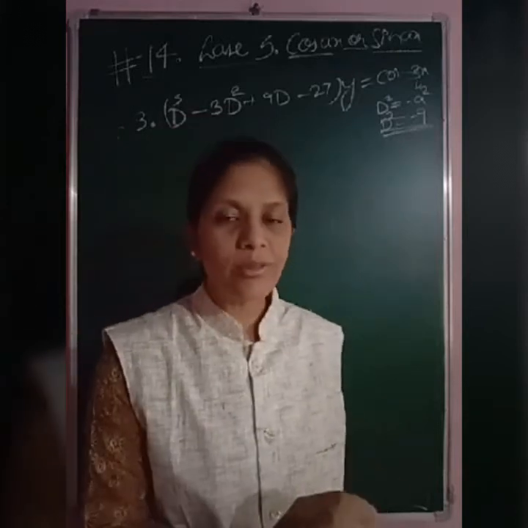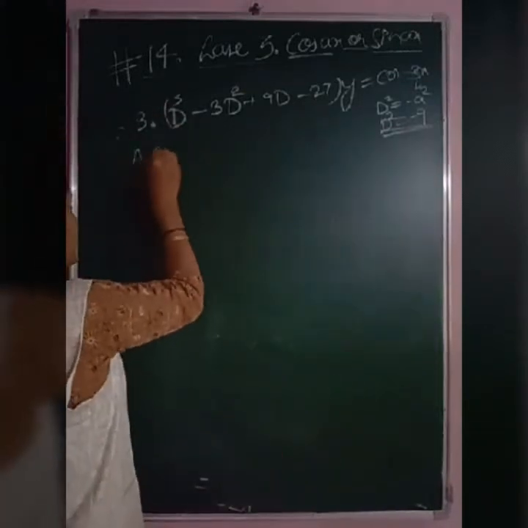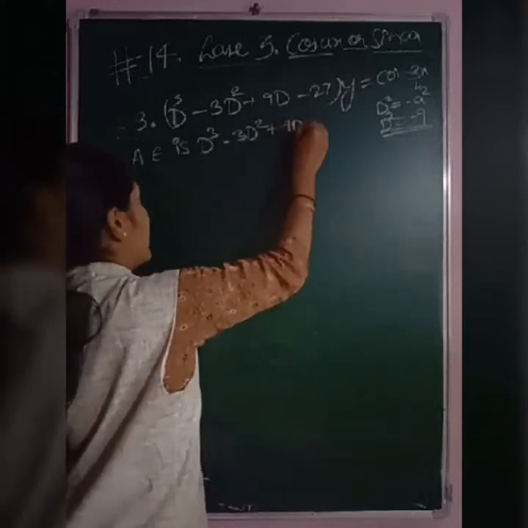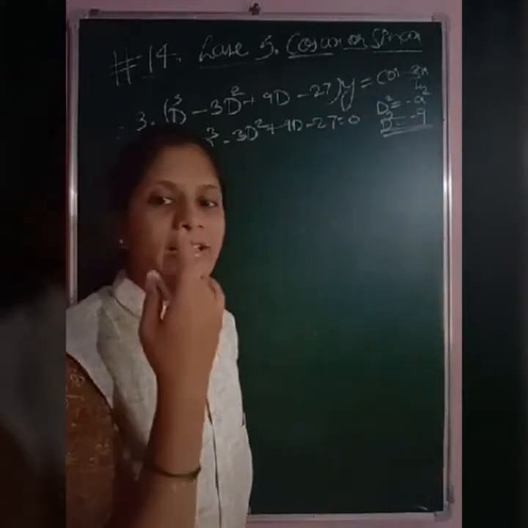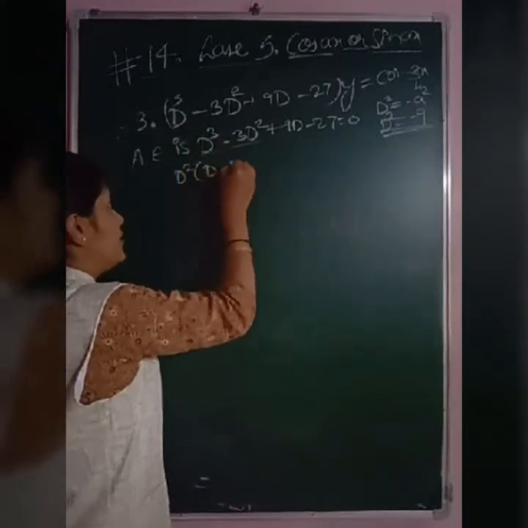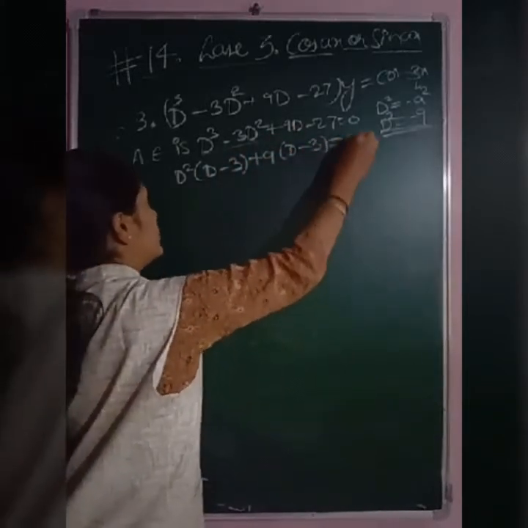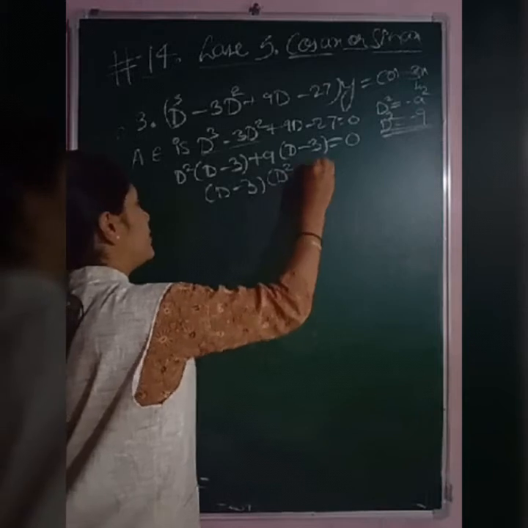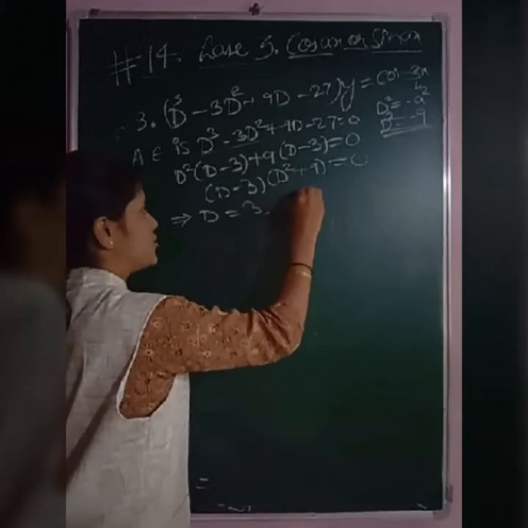So the complete solution is CF plus PI. Let us find CF. Let us consider the auxiliary equation. The auxiliary equation is d cube minus 3d square plus 9d minus 27 equal to 0. So here 4 terms are there. Easily we can take common. So let us solve for this. So in the first 2, d square is common, d minus 3, plus 9 is common, d minus 3 equal to 0. So what is this? Common is d minus 3, d square plus 9 equal to 0, which implies, what about this? Plus or minus 3i.